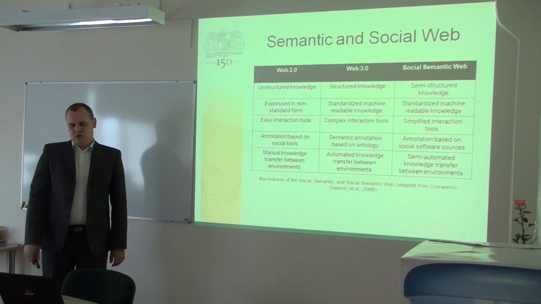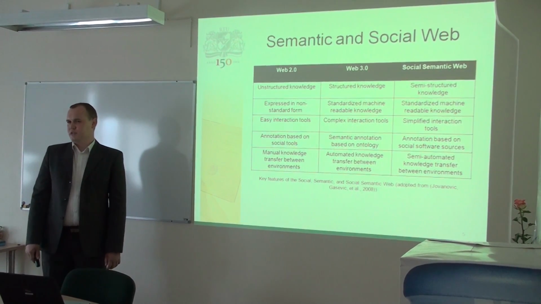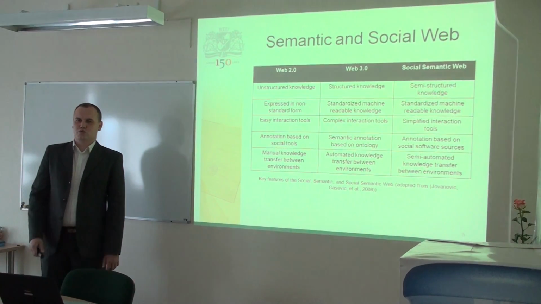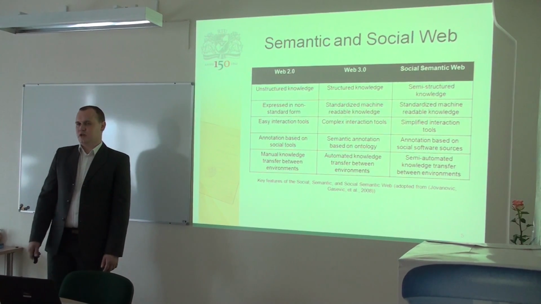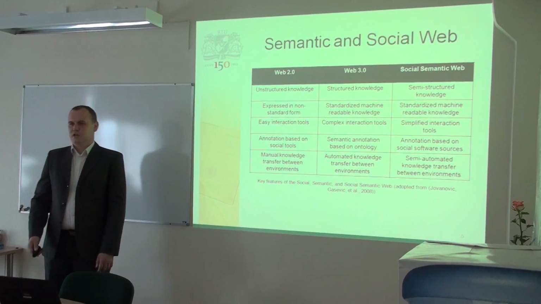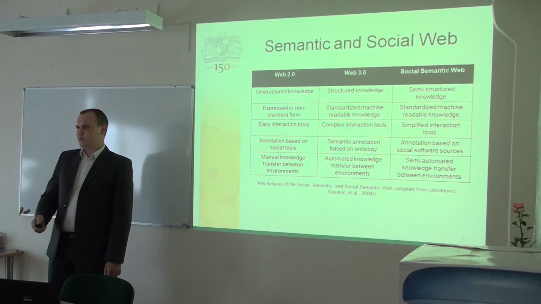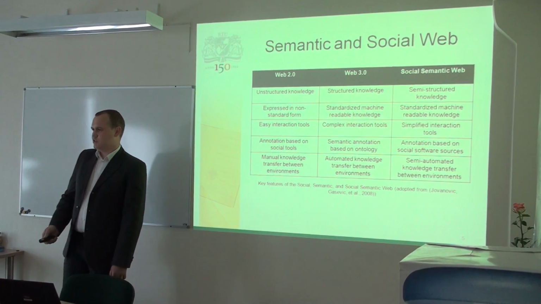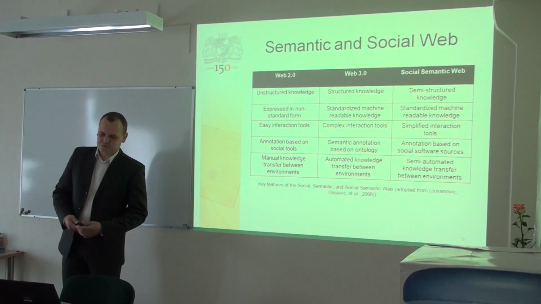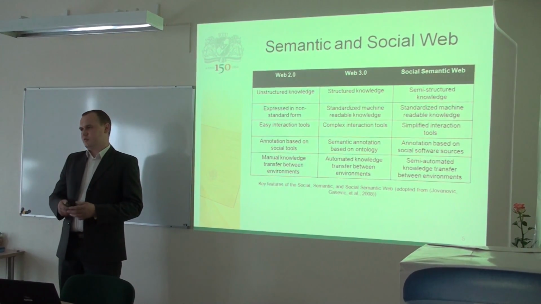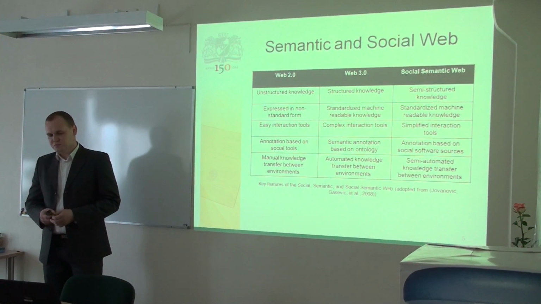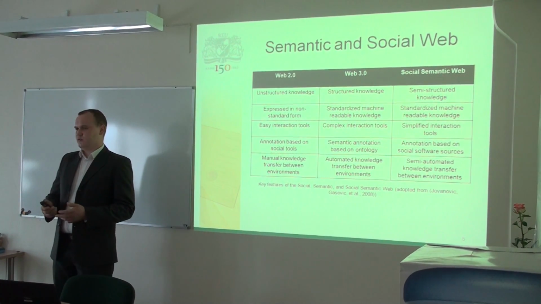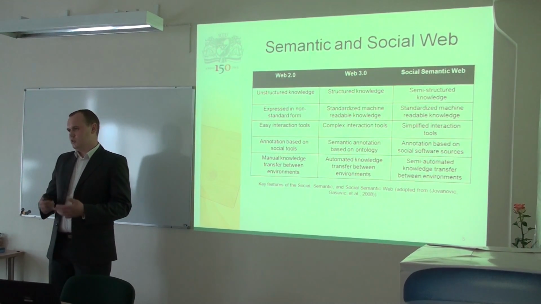Taking into account those drawbacks, it is necessary to combine the semantic web with an already existing and well-suited solution like the social web. But this combination doesn't mean blind merging of the capabilities. Instead, it should be reviewed and evaluated against the goals that must be achieved with this combination. And still, this combination of social and semantic web allows introducing semi-structured knowledge and improves the usability of the tools that are used to describe knowledge in a semantic way.